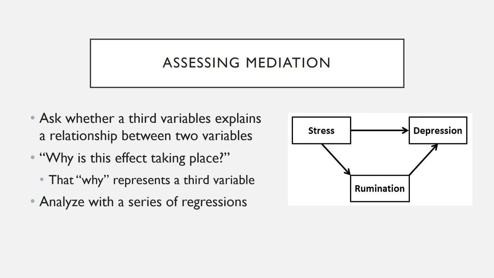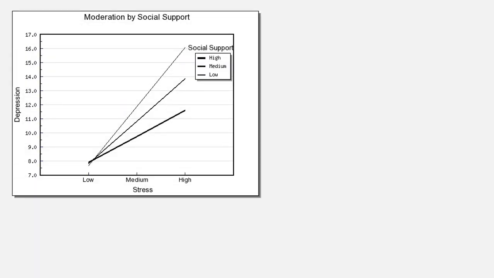Analysis, though, can be done with a series of regressions. Again, you're not going to have to do this one by hand. You're just going to want to be able to understand and analyze the output that you get with a multiple regression. Okay, so again, just to make sure that the distinction between moderation and mediation is clear, here were some